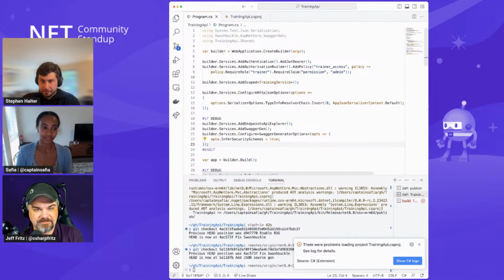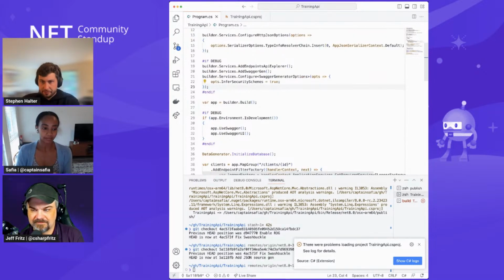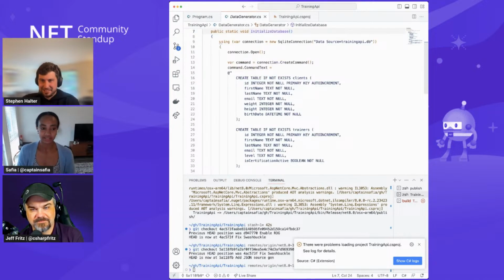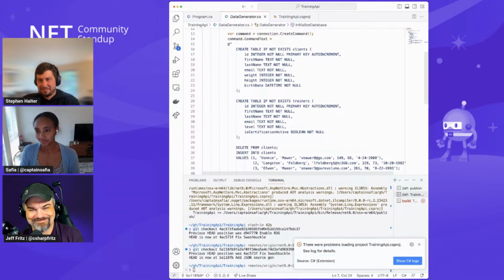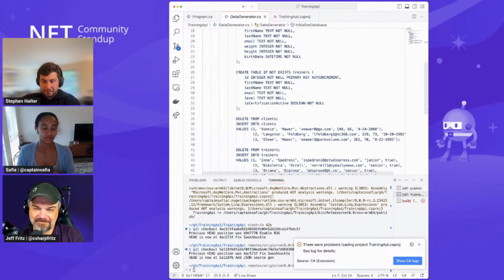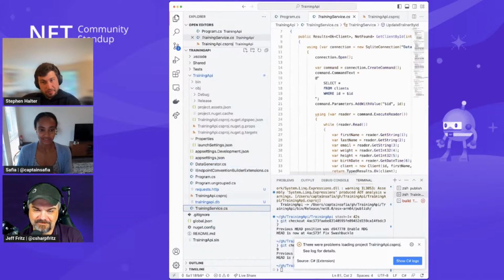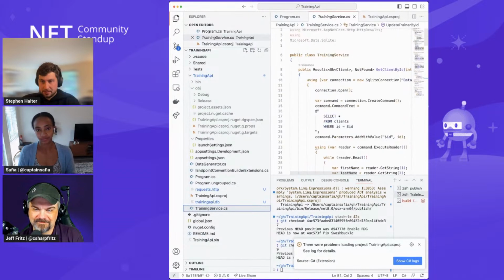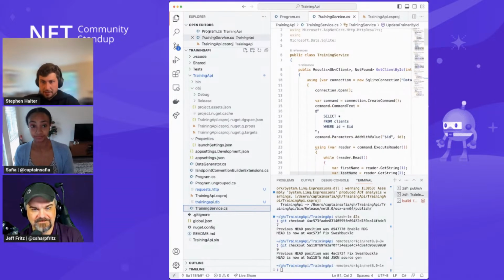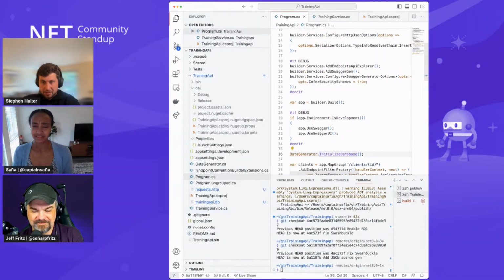And what I've done in my application is I have swapped my dependency on EF Core for a dependency on the SQLite APIs. And I'm using that here to write SQL, which I really had to dust off my SQL skills for. So please don't judge me if this is not the best SQL ever. But I've subbed my API here for seeding data into my database using SQLite. And I've also changed the implementation of my training service to take advantage of the SQLite library, which is native AoT friendly.